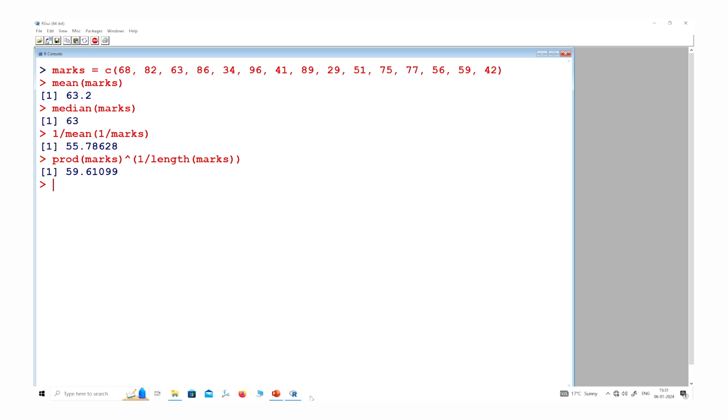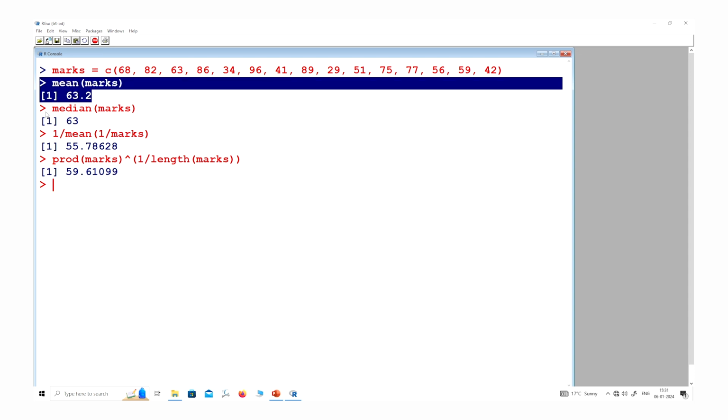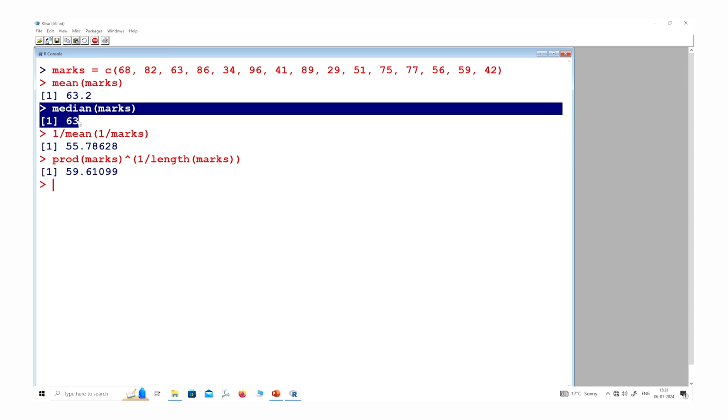So now the question comes, how are you going to use this value? Well, those who are familiar with descriptive statistics understand that by looking at the value of mean and median, you can decide about the nature of the distribution of the values.